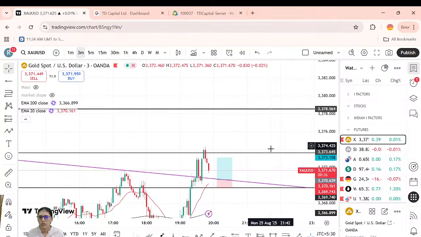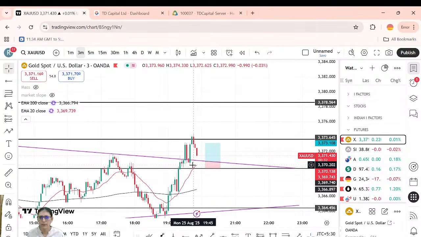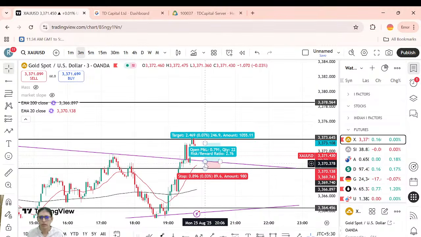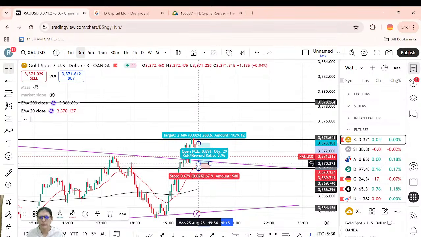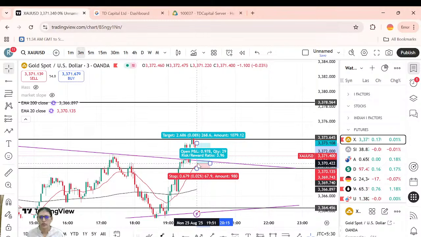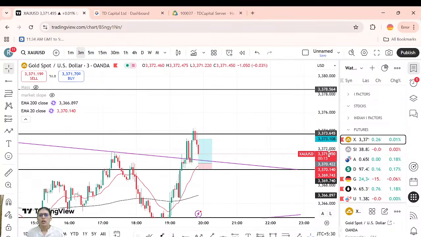All right, so you can make an entry. If it comes down, you can make an entry somewhere here. Try to keep your entry as close as to your SL. Just try to get the price in that appropriate zone, and yes, go bullish. So yes, all right, guys, I hope